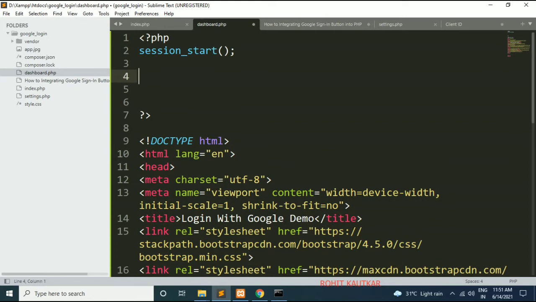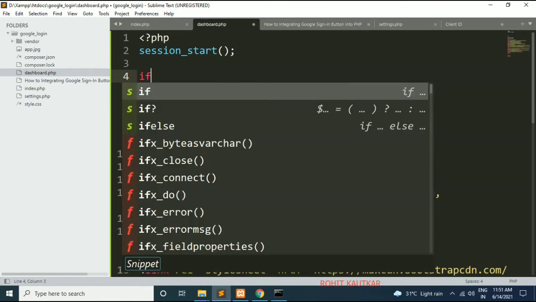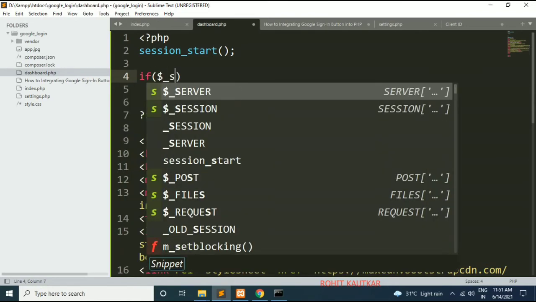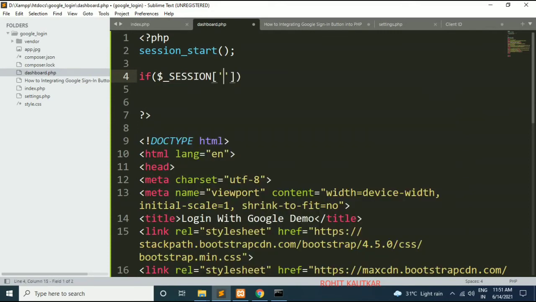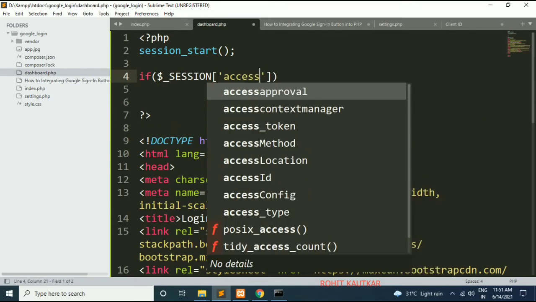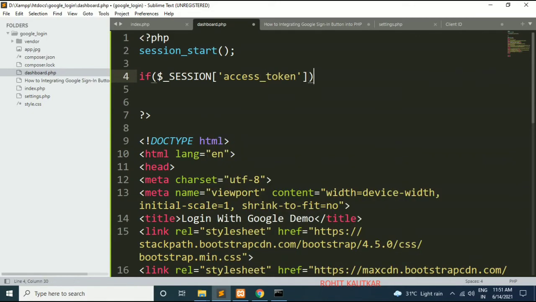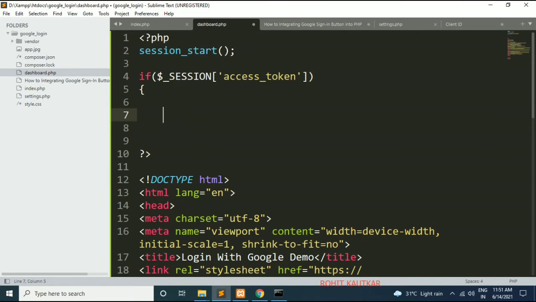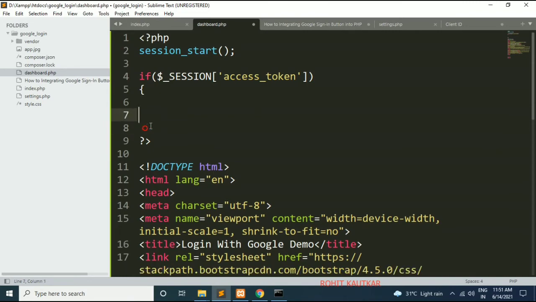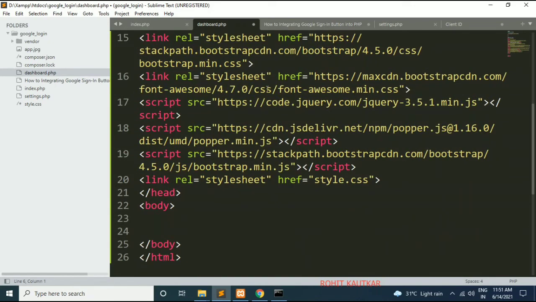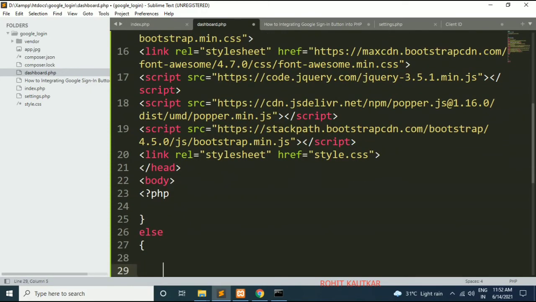Okay, and now we will check whether the access token has been set or not. So if the session variable access token is set, then we will present the profile data to the user and we will welcome him. Okay, otherwise we will redirect him to the index.php.